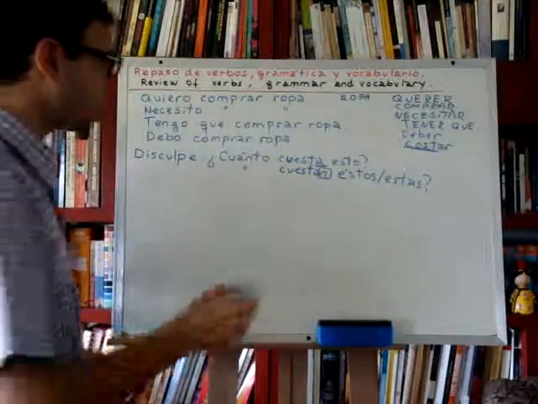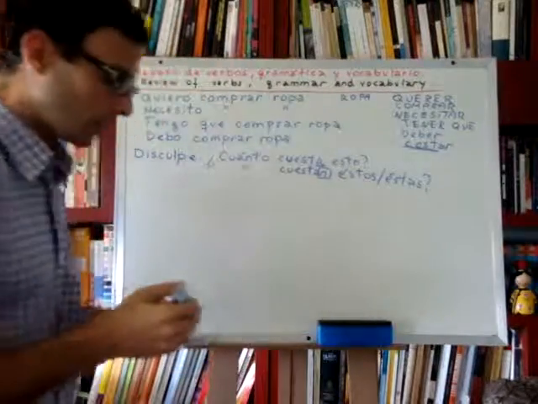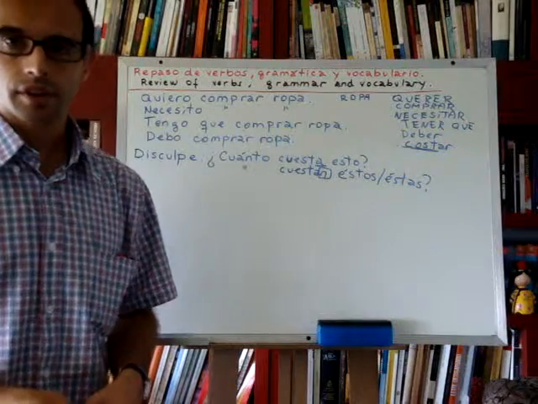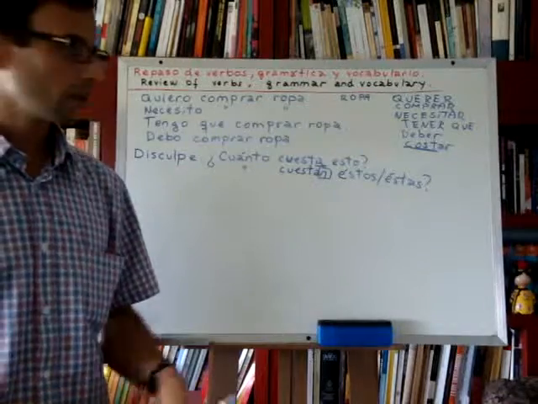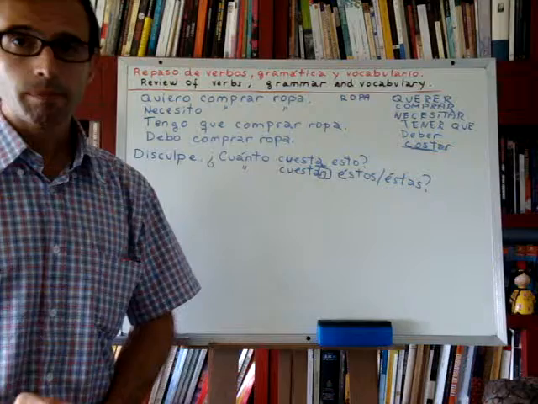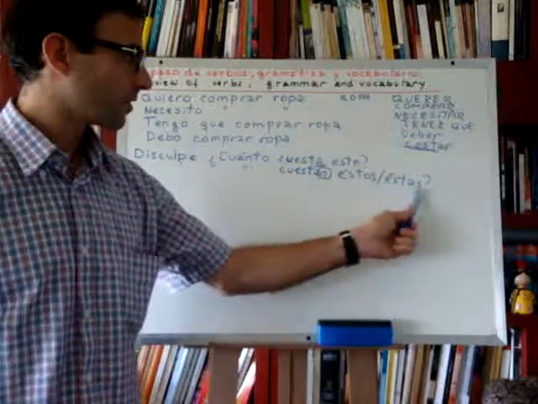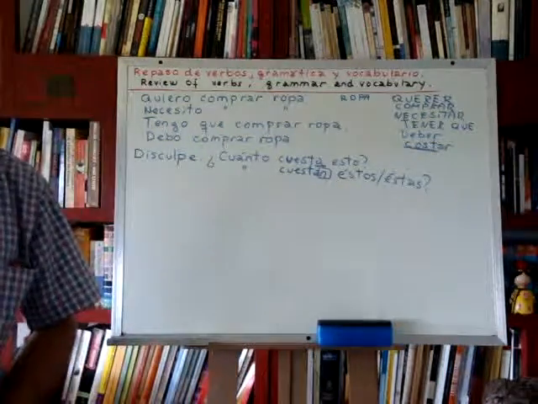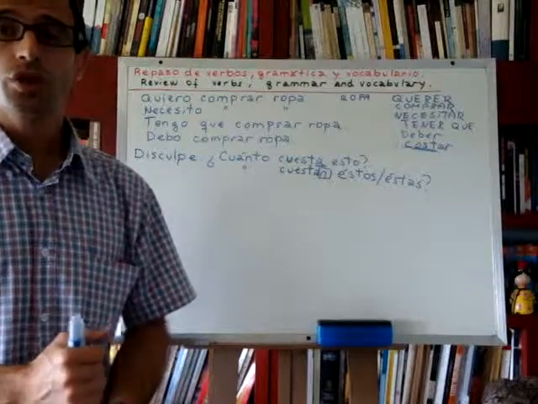So, why estos or estas? If what we are asking is masculine, it's estos. If it is feminine, it is estas. For example, if we want to ask how much do these shoes cost,